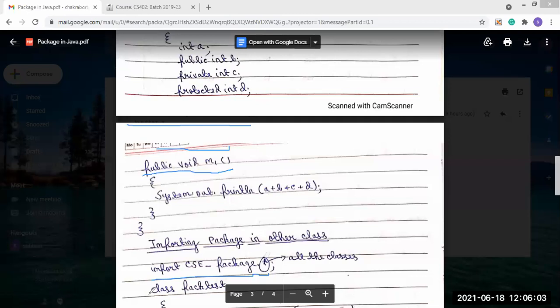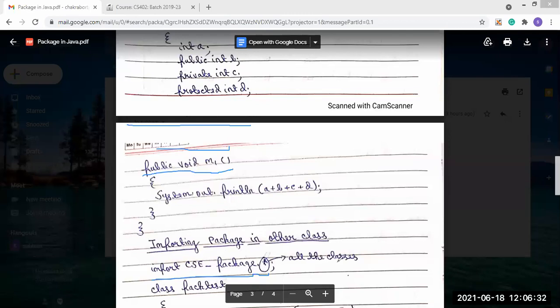We need the functionality of that class, so we will import CSC underscore package. Now you see, we have used the import keyword, then CSC underscore package, the package we have created, and dot star.